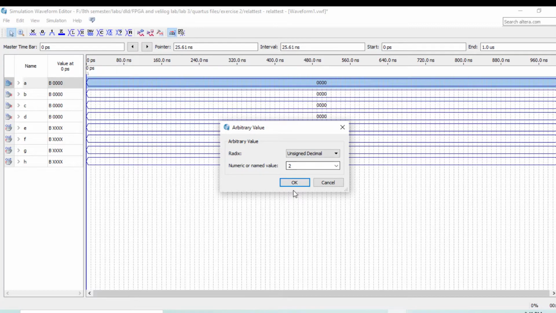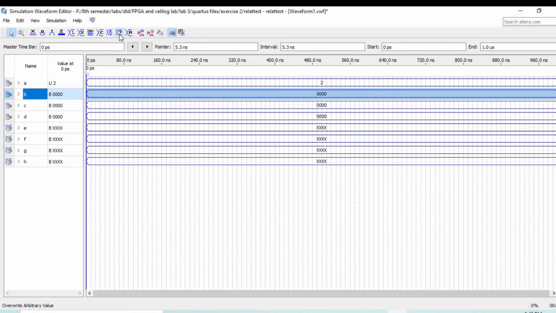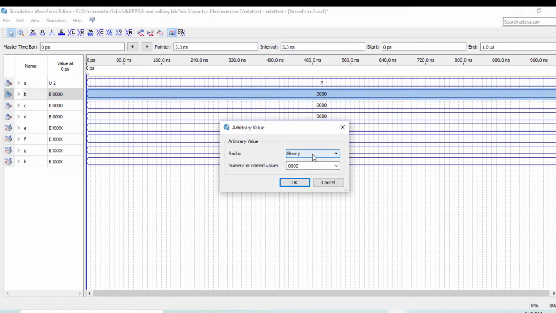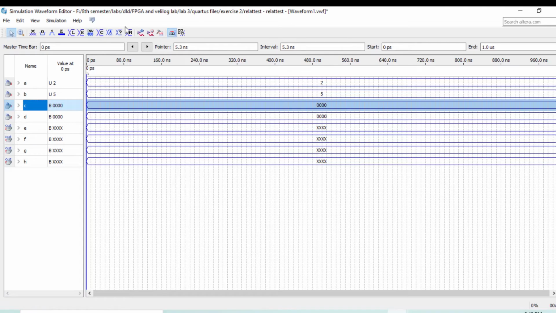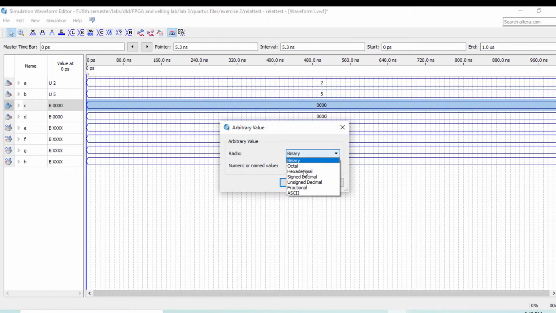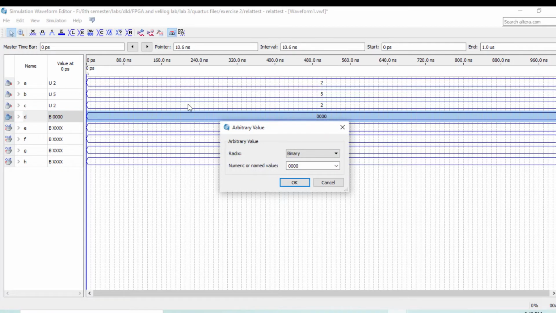The value of A is 2, the value of B is 5, the value of C is also 2, and the value of D is in the form of hexadecimal, so we select hexadecimal, and the value of D is 4.